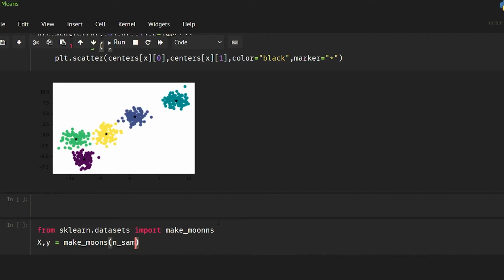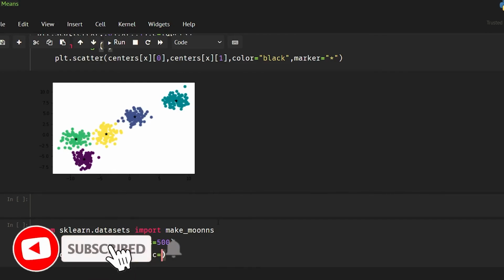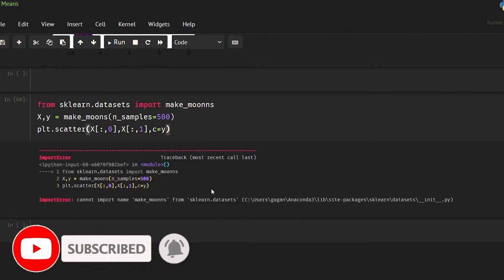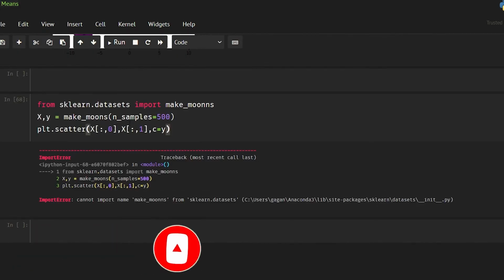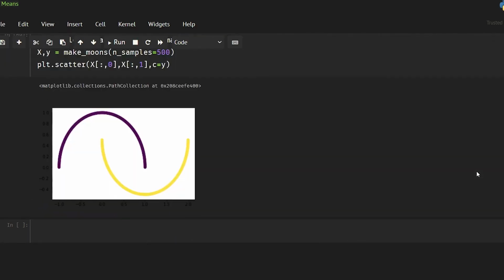I'm going to get n_samples equal to 500. Then plt.scatter all the points from the 0th column and all the points from the first column, and you can give the color map as y for right now. The spelling of make_moons was wrong.